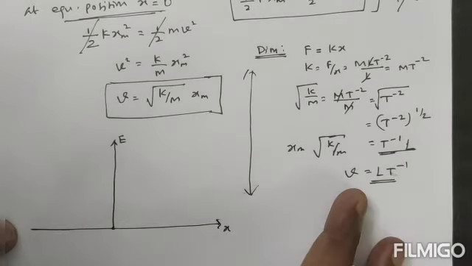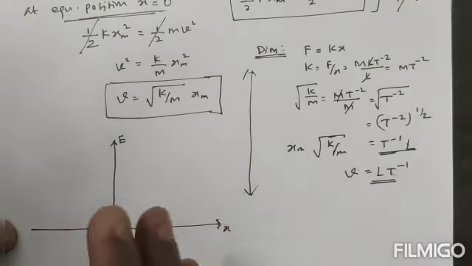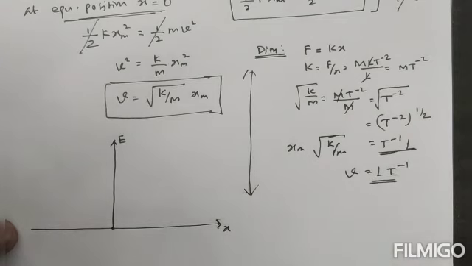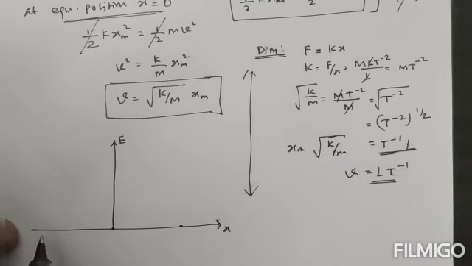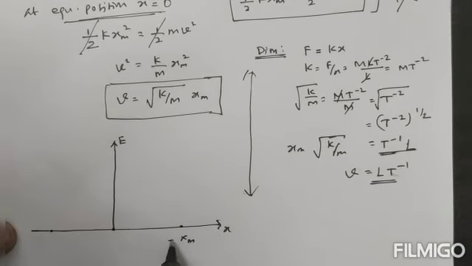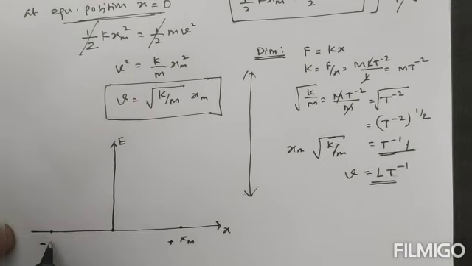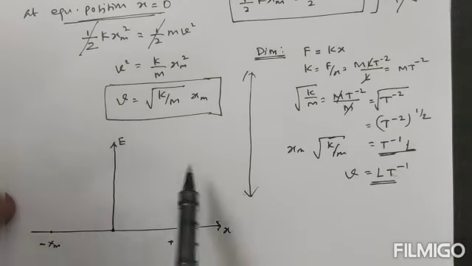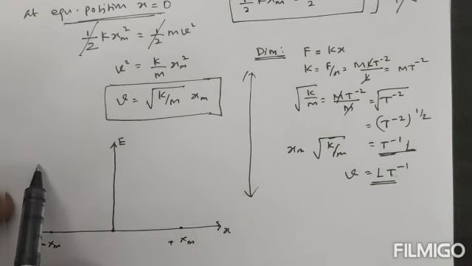The x-axis is the displacement. So now let us imagine this is the maximum displacement. This is the positive side, and this compression side is the minus extreme. So this is the maximum extreme, that is xm positive. Here the negative side, that is minus xm.